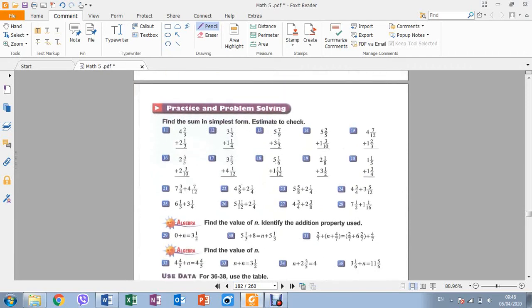For example, number 21. I explain. Okay. Look, we have unlike denominators. What do we need to do? Look at the denominators at first. 3/4 plus 7/12. We need to find the same denominator at first. Look, use LCM